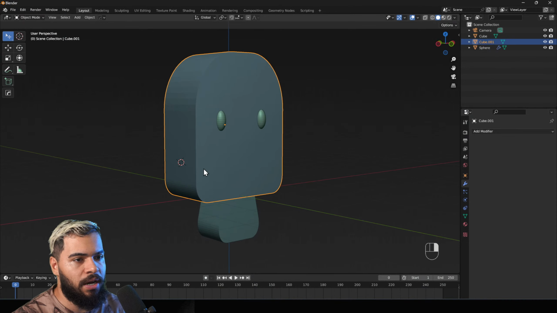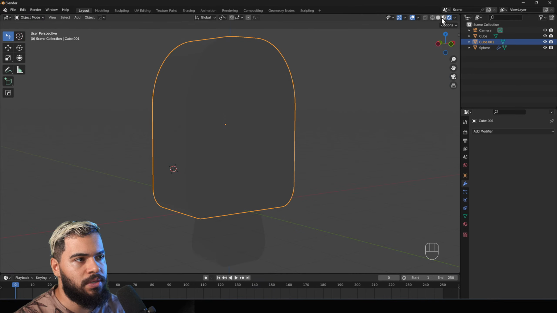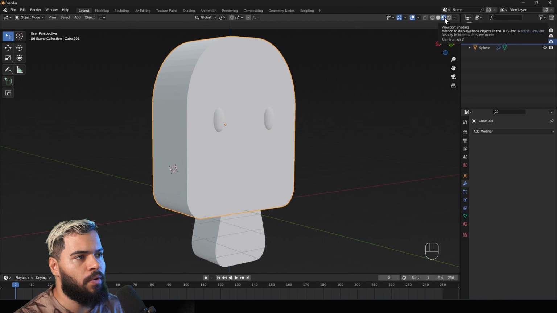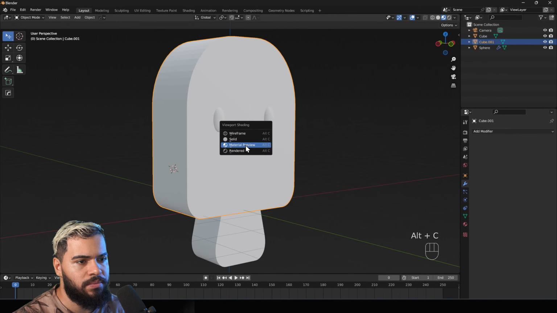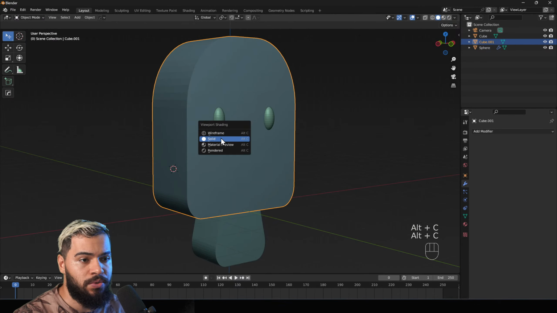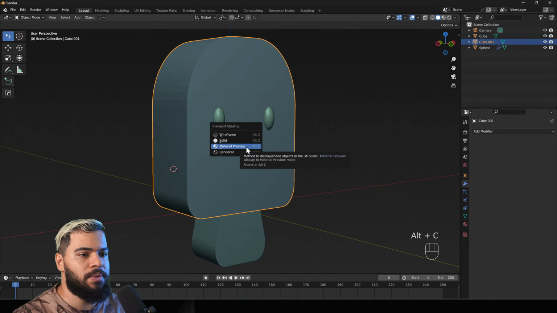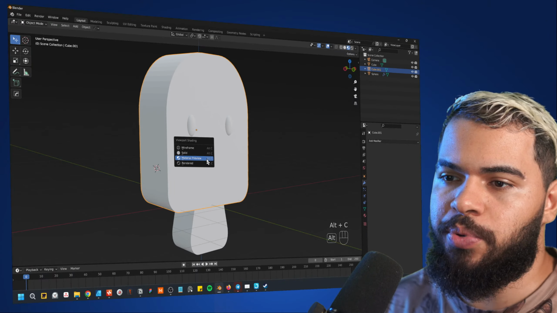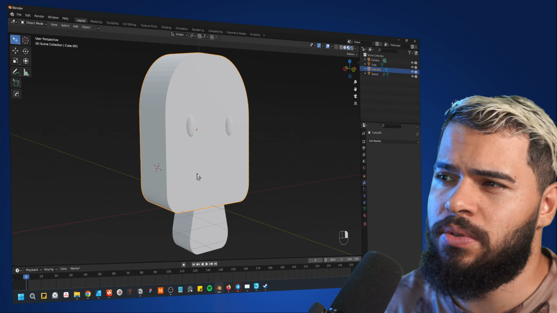Here in Blender, to take advantage of this tutorial, let me show you this. This option here on top is called viewport shading, or you can press Alt C, and you're gonna see here material preview. By standard, we usually use the solid, okay? But you can go here to material preview. And what this does, let me show you. In the material preview, guys, you can add the colors. Let me show you how you can do this.